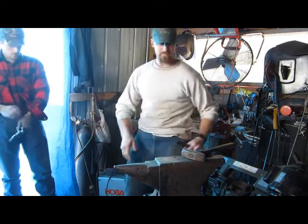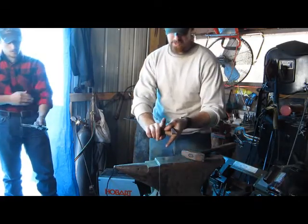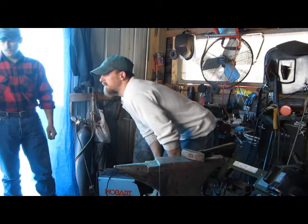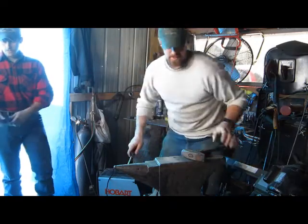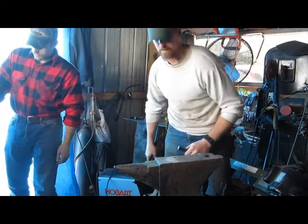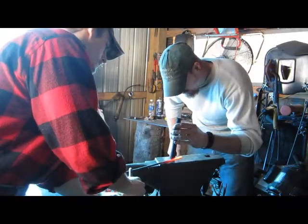And then I'll make the fork shape, you know, and everything. I'll have to split the ends so I can round them, and that's just about ready to come back out, Jonathan. Go ahead and bring her over. Try to finish splitting this. Gotta be careful